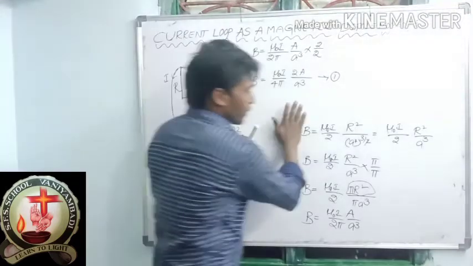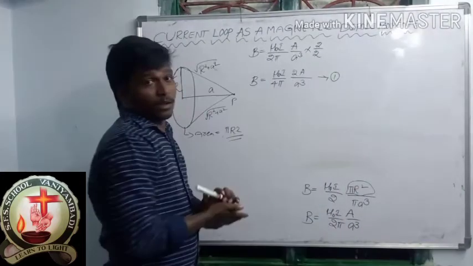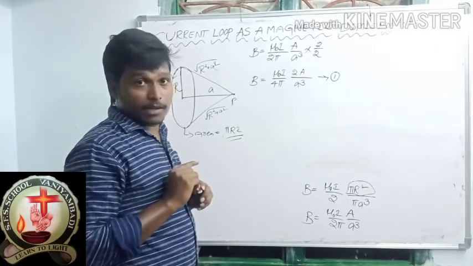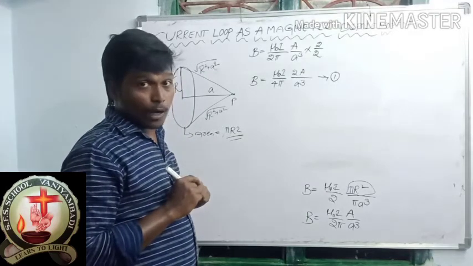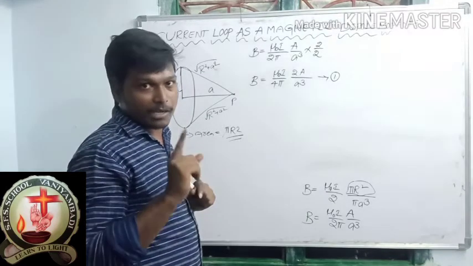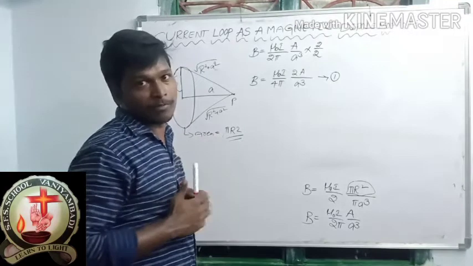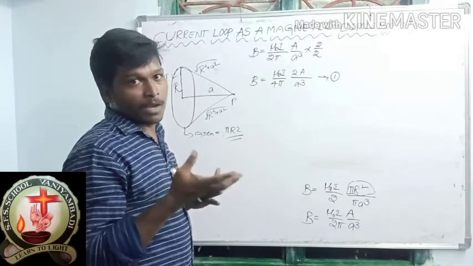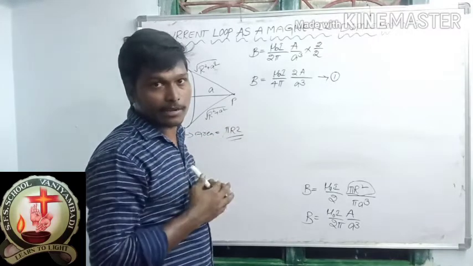Okay, now I told you already that concept is finished. Magnetic field at a point along the axial line. The expression I told you already. That concept also finished. Anybody remember what is the final expression of that magnetic field at a point on the axial line?